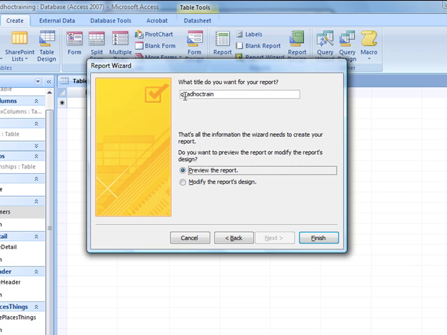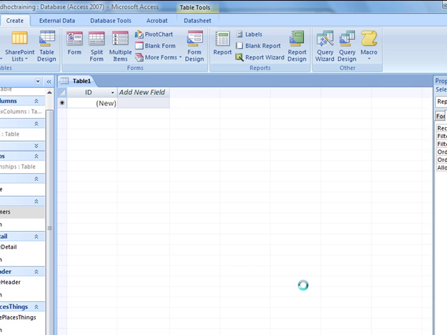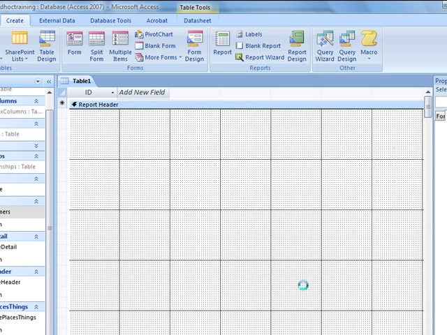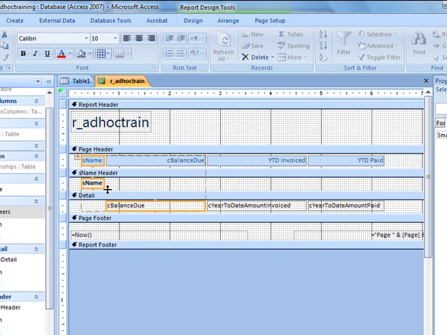What title do you want to give your report? All you've got to do is go up here and take the Q and make that an R, because this object is going to be a report. And I may want to modify the report's design. So I'm going to finish. The reason I'm going to modify the report's design is that I want to make sure some things fit okay. One of the things we're probably going to need is a little bit more room,